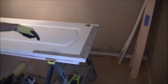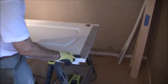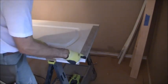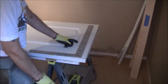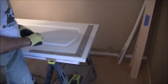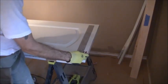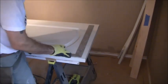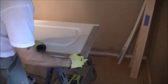Okay, so this is going to be the hinge side of the door. I put an H with my pencil mark. If you remember correctly, on the hinge side of the door, the door was 1/4 of an inch higher on the frame. That's why I was able to put the shim in there while it hit the top of the jamb. So because the frame is higher, I need the door to be longer on the hinge side, higher than the non-hinge side. So what I'm going to do is take this side, put it flat,